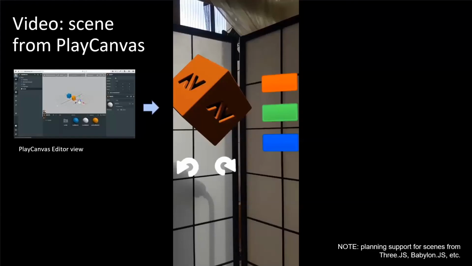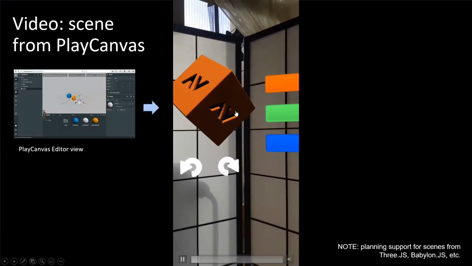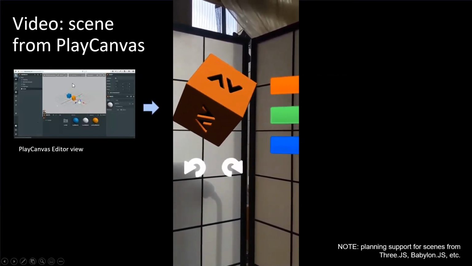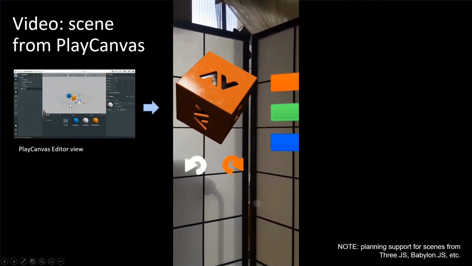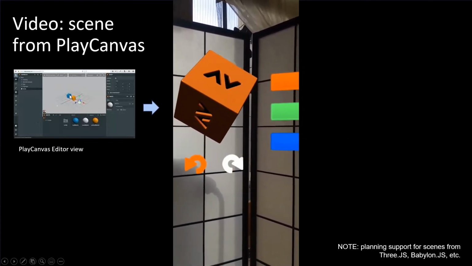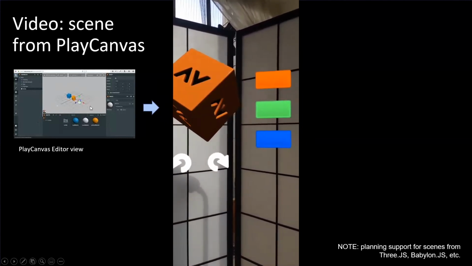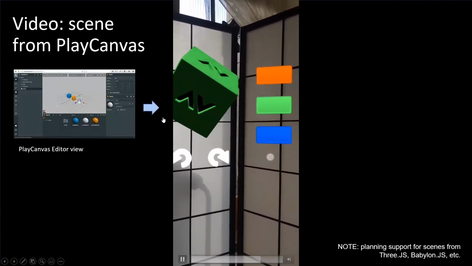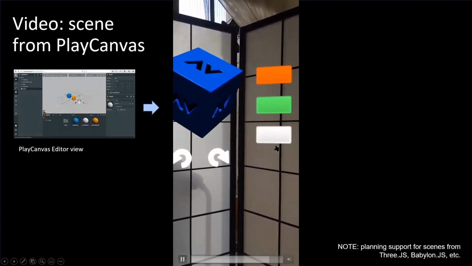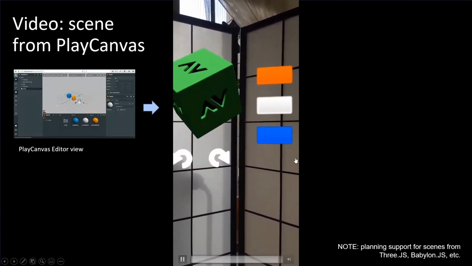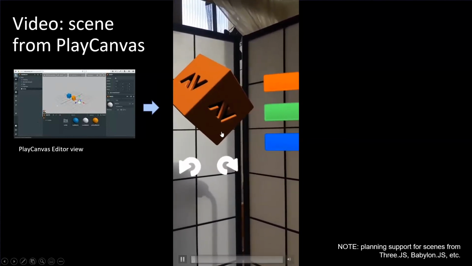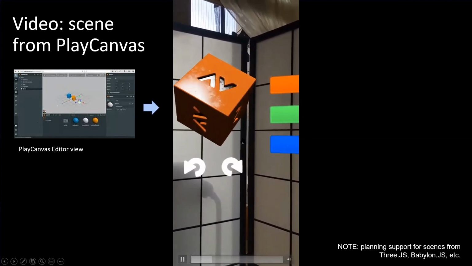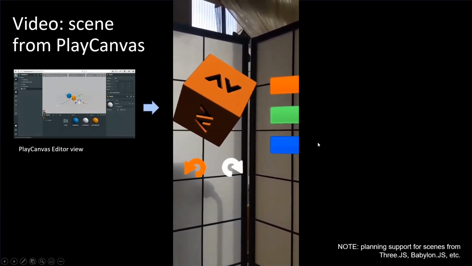In Play Canvas, we can have interactive elements. The good thing is that Play Canvas has a web-based editor, so you can click just like in Unity, but really in the web. You can click together scenes very easily. You can have complex materials and interactive elements, and you can export this scene and import it into Sparkle, and then you can press these buttons. This content is not currently anchored with the real world. It just floats basically on top of the AR view.